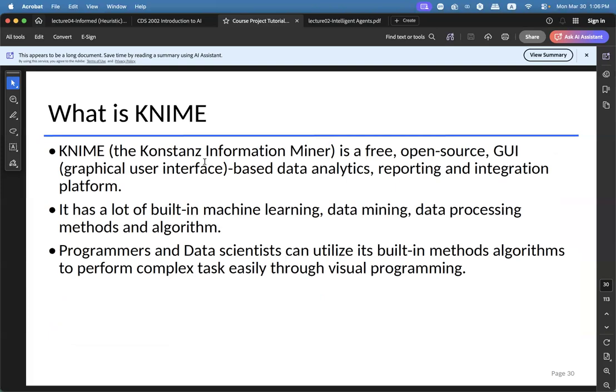If you are working on other projects in other courses and you don't want to write a program for that project, you can then use these tools. Sometimes you may think, okay, for this project I want to do some data analytics, but I don't want to work with Python. I believe maybe you think that it is way too complicated for that project. Then you can use these tools.